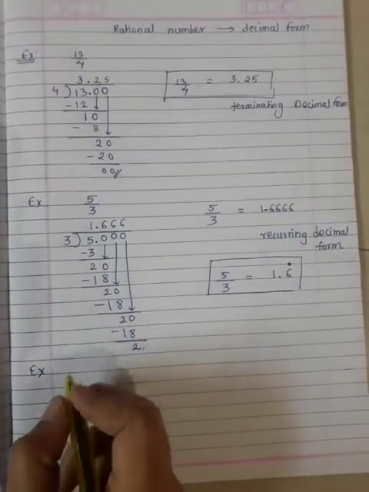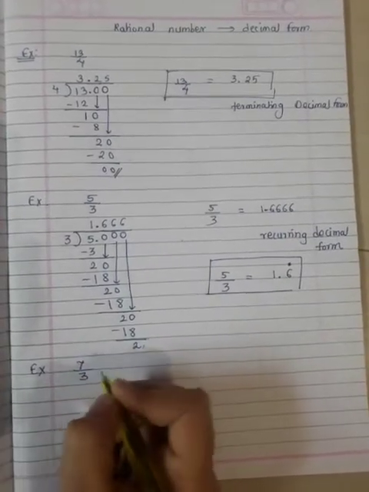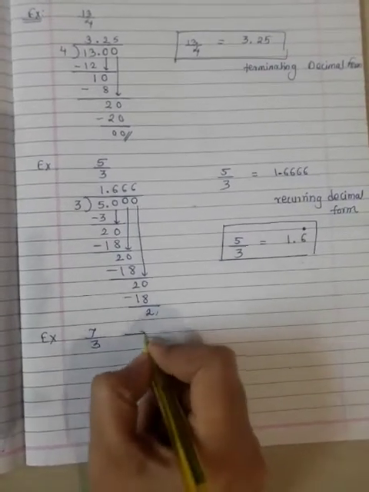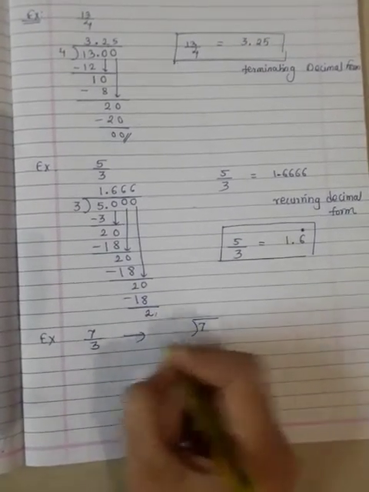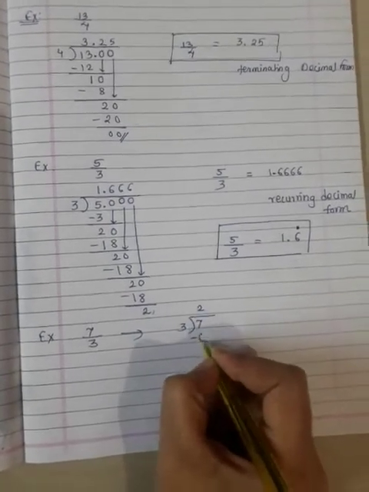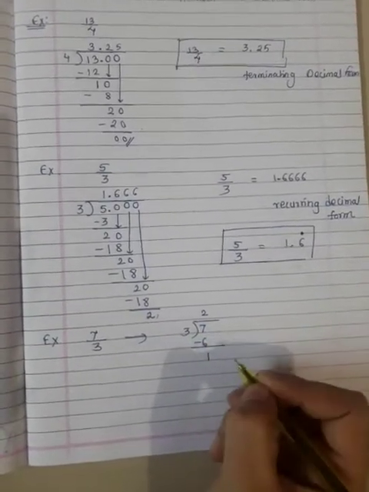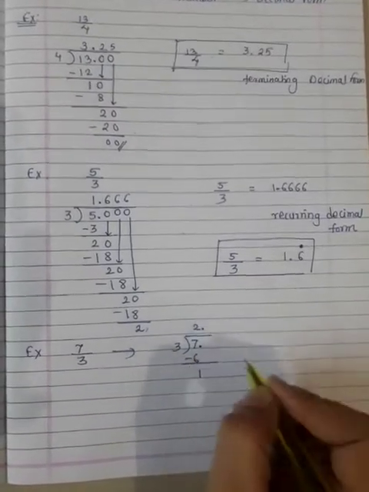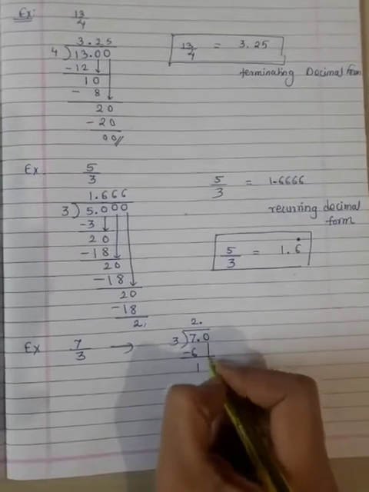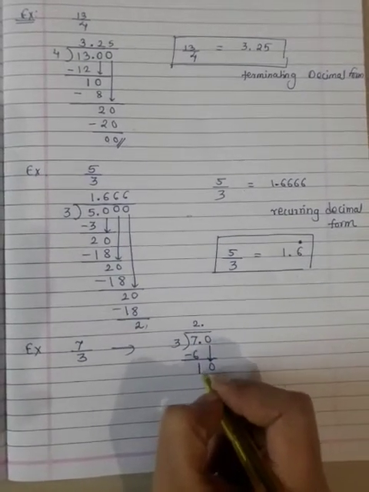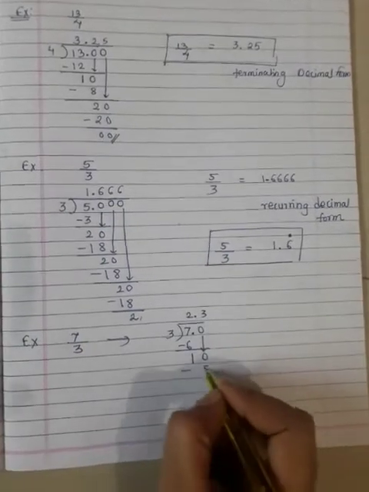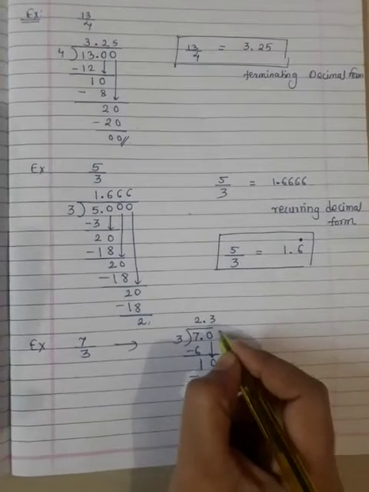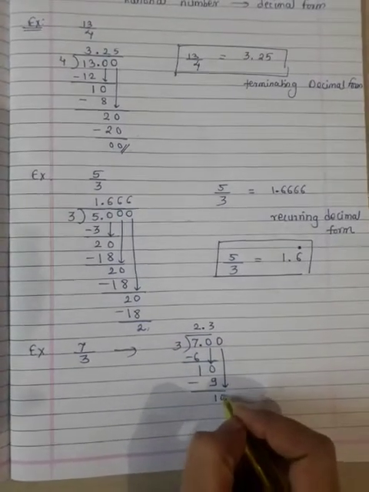If we have the rational number 7 by 3, we have to write this rational number in decimal form. So what we do, we first divide 7 by 3. The first quotient is 2, 3 twos are 6, remainder is 1. So 1 is smaller than 3, so we put a decimal point and add zeros. Now bring this 0 down to the remainder. Again here we got 10, and we know 3 threes are 9. 10 minus 9 is 1. Again you observe that 1 is not divisible by 3, so we put 0. Here we got again 10.